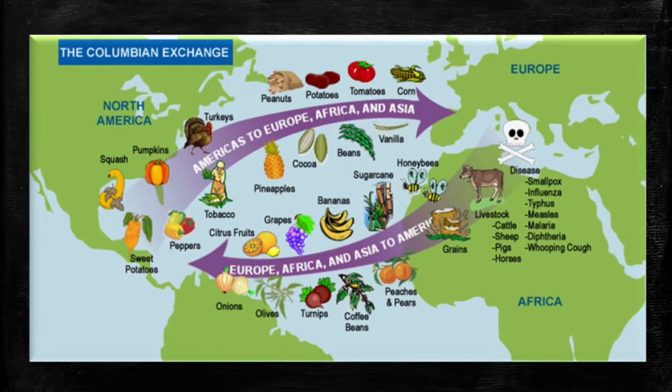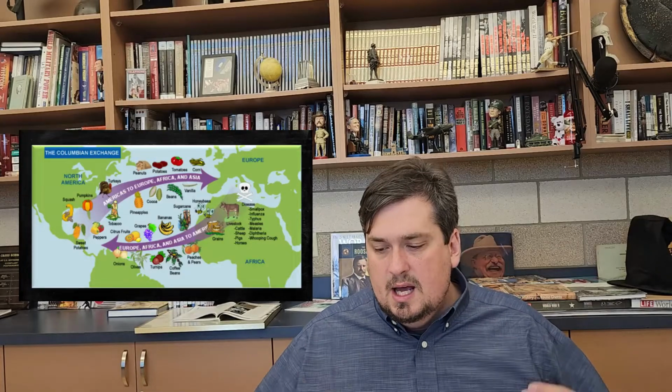The potato alone is going to change the way Europeans farm, right? A potato is a very small crop that can grow in pretty harsh climates, and it's going to increase the food surpluses in Europe. It's really, I think, one of the most underrated things to talk about in the Columbian Exchange. On the flip side, right, they're going to send lots of things over to the Caribbean, to the Americas,